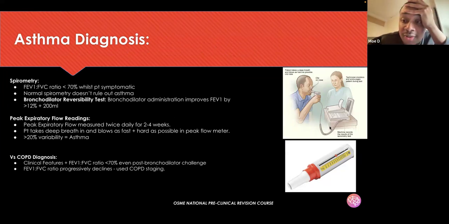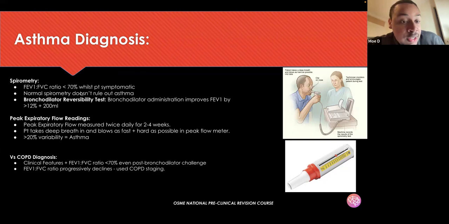So if you can see the diagram on the top right, what happens is you take a deep breath in and you blow into the tube as fast as you can for approximately a couple of seconds. And what happens is the spirometer then measures the FEV1 to FVC ratio. FEV1 is the gas volume that's exhaled in the first second, and FVC is forced vital capacity, and it's the total gas volume exhaled. And if it's less than 70% whilst the patient is symptomatic, then that can be indicative